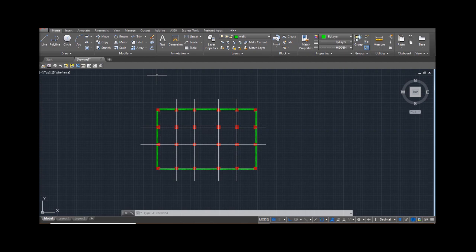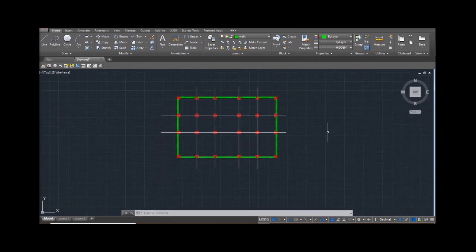Okay, today we will discuss how to calculate the concrete volume as well as concrete surface area using a single command called data extraction. I am considering this plan as you see. So it's a simple two steps we have to do.